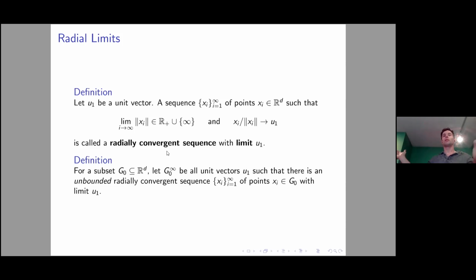And we want it to, when we look at the projection onto the unit sphere, we want those points to converge to a single direction. And of course, by passing to subsequences, we can do this because we have to deal with a compact metric space under the sphere. And we're going to sort of view this as the directions in which the set escapes to infinity, at least the first order directions. You could sort of give a more elaborate definition, to which I unfortunately don't have much time to talk about, where you talk about second order or third order or nth order directions in which the set escapes to infinity, which are actually quite important. But to keep things simple, I'm only talking about the first order version of this question.